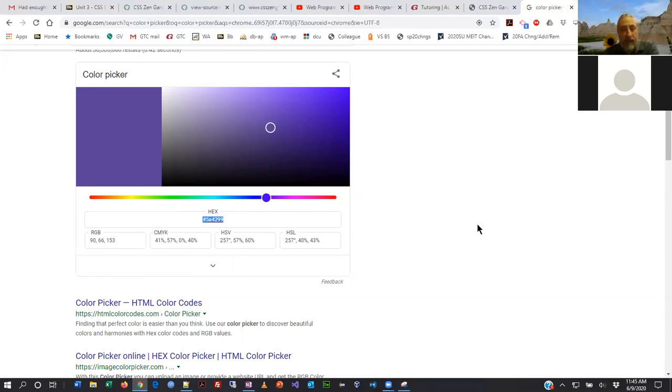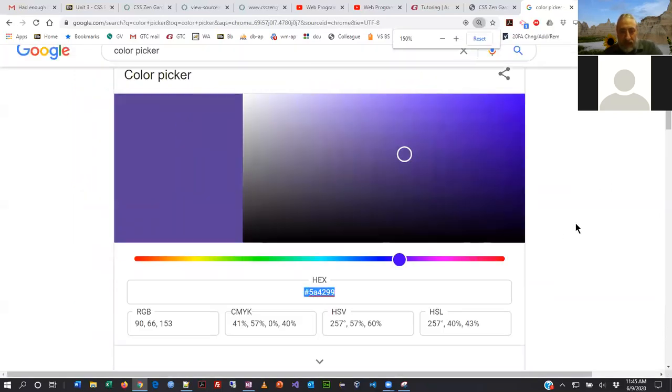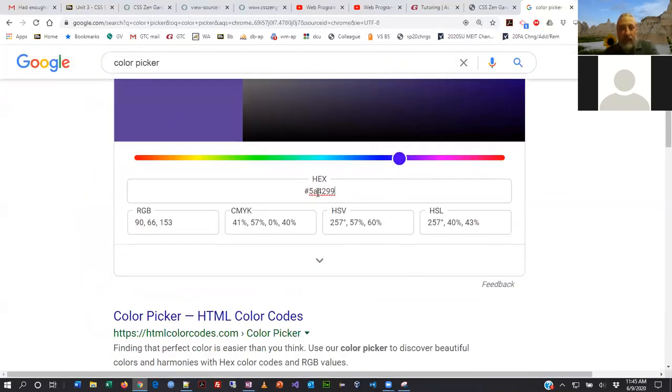And for whatever it's worth, that is a great approach, but I always found it very cryptic, and the way that this works, folks, is the color codes are broken down in sets of 2, right? So these are hexadecimal numbers. I'm not going to give you a big lecture on what that means, but each pair of numbers is one hexadecimal pair indicating the values for red, green, and blue, and it's in that order. So 5A is actually a hexadecimal way of saying 90. So just so you understand, 42,